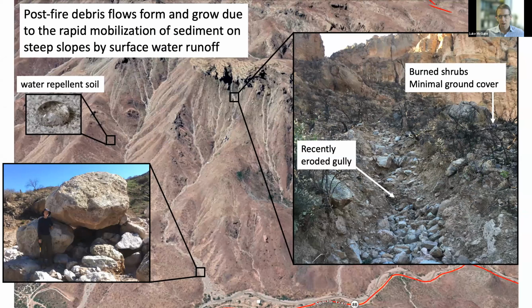Debris flows are much more common in the immediate aftermath of fire for a couple of reasons. One is that there's sometimes fire-enhanced water repellency that can reduce infiltration capacity of the soil. The fire greatly reduces canopy cover and ground cover, which can lead to more runoff and erosion. And when we have extremely steep landscapes, when all of those factors combine, we tend to get rapid mobilization of sediment on steep slopes as surface water runoff collects in rills, gullies, or low-order channels, and that can lead to the development of these debris flows.